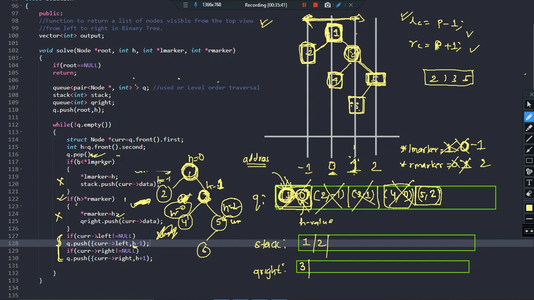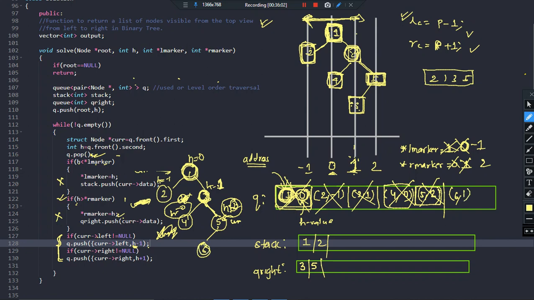It indicates that this is my first visit at point 2. So 5 will basically be the right child, so it is taken into the queue, right. 5 is pushed here. Done. And what next? If it has got any children, push them into the queue. So 6 comma, what is the left child of this, so what is the value? H minus 1. So H value here is 2, so its left child value will be 1, 6 comma 1.